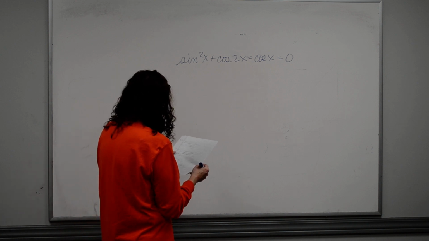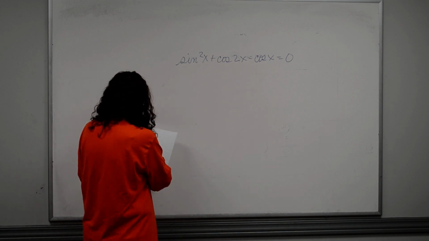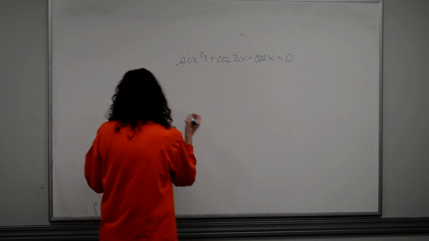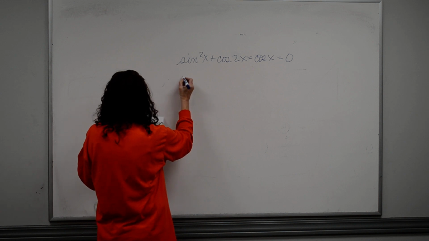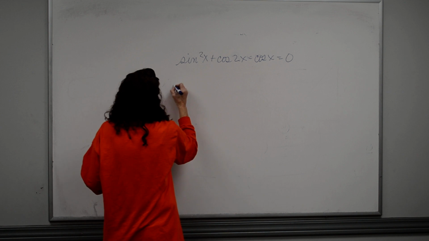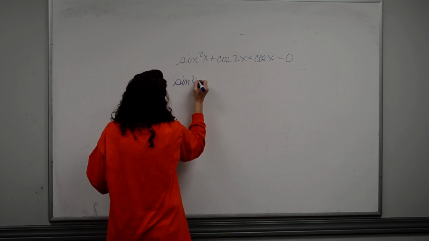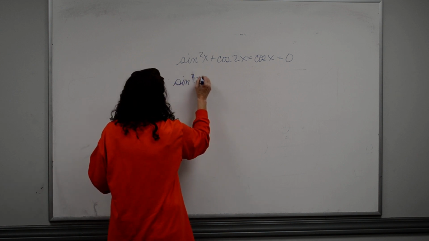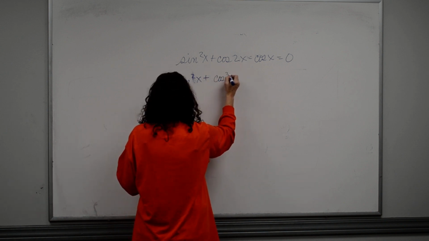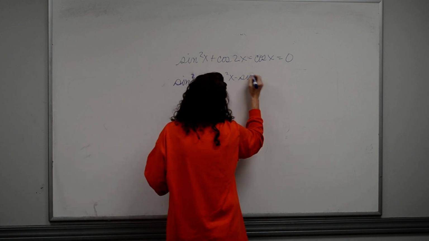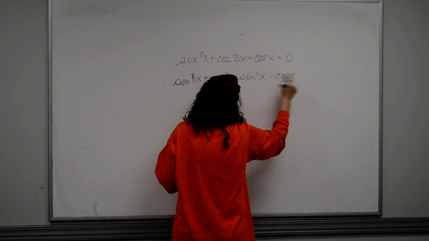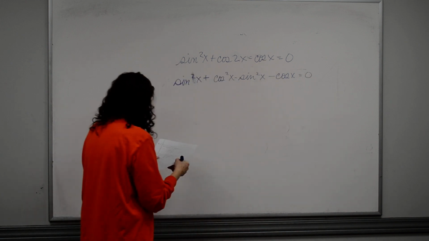So what I want to do is factor it. Actually, I'm not going to factor it. I'm going to separate this. The sine squared x plus, my identity there is cosine squared x minus sine squared x. Then I add my negative cosine of x there. So once I get that,